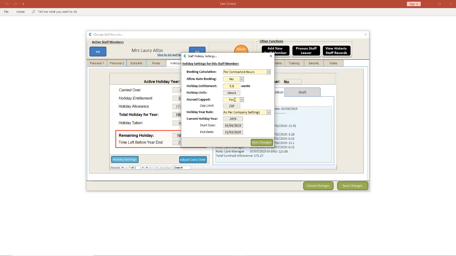Accrued cap. Now, you can set what your accrual cap is. There is some school of thought on this that 210 hours is actually 37.5 hours a week of holiday allowance, and you can cap your system at that 210 hours. It really is up to you how your organisation wants to work, and you should take advice on this if you're unsure. But say somebody is working 6 days a week on a 40 hours contract,